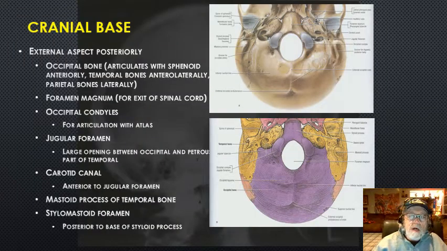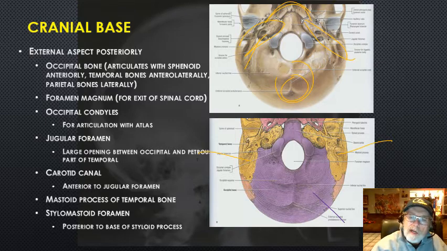If we look a little bit more at the posterior aspect of that cranial base, the occipital bone occupies most of that. Again, we have the sphenoid bone, which is going to be in this area, occipital bone back here, and the temporal bone is going to be on the side. Over here is going to be the temporal bone. So if you look down here, here's occipital bone. Here's a temporal bone, here's a temporal bone, and then very anteriorly, I've got the sphenoid bone up in there. So sphenoid would be up in here, occipital bone back in here, and temporal bones on both sides like that,